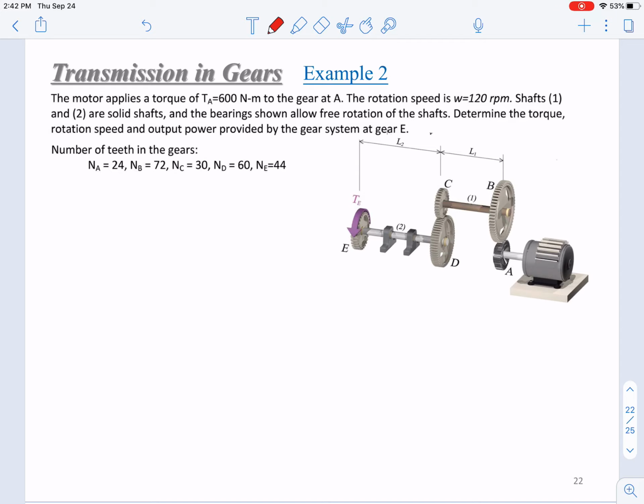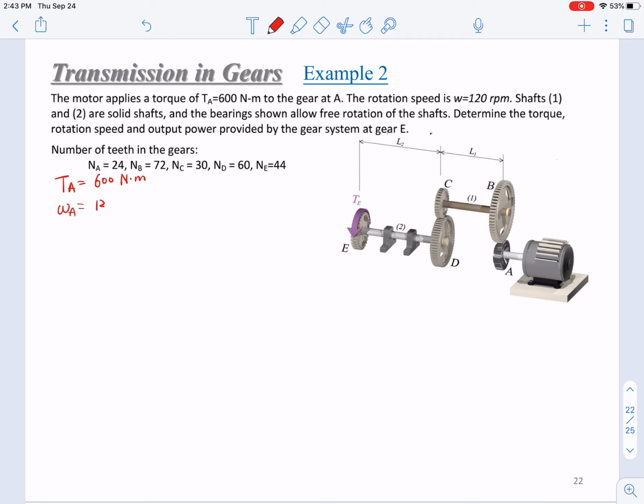Okay, the output is at gear A. So we will go from A to B, B to C, to D, and then to E. So the first step, naturally, is that we need to figure out the engine output, the TA and omega A. Right. So here our TA is just 600 Newton meter. Okay, and omega A